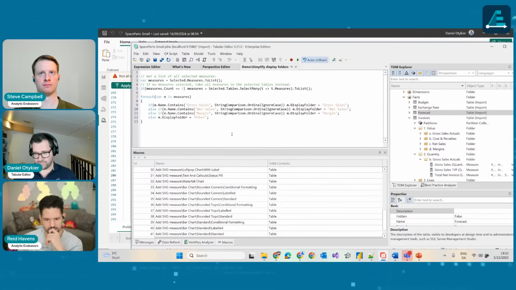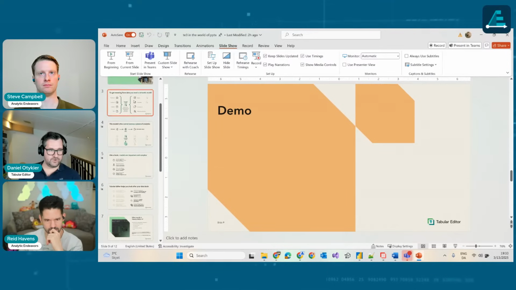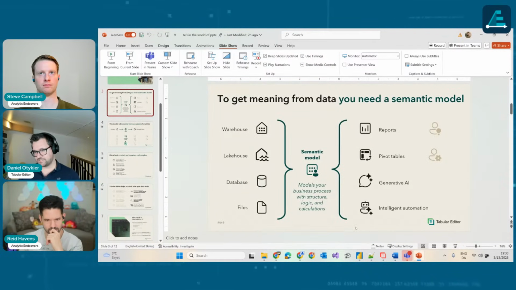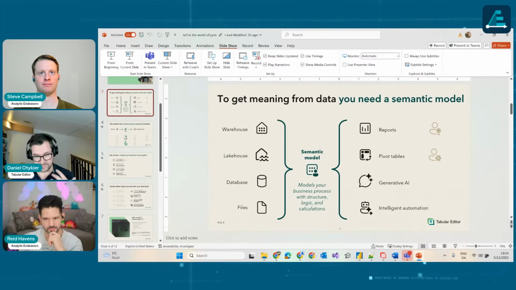Me, myself, I'm not a Python aficionado, so my experience in this area is unfortunately quite limited. But I really like the fact that, going back to the talk we had earlier about how the semantic model is sort of the central nervous system, it has now also become easily accessible to data scientists. And through semantic links through SymPy, you can write and execute DAX queries and benefit from all of the business logic that has already been built into the model